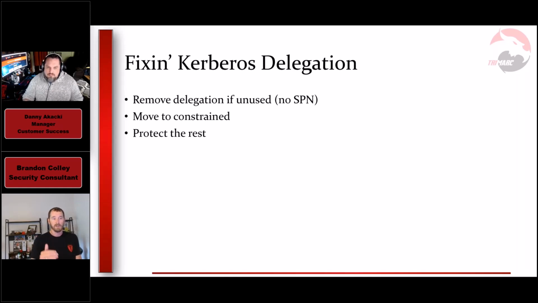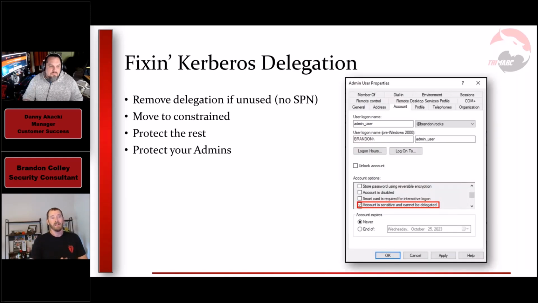I'd mentioned the very first step to exploiting this is an attacker getting access to that asset. So protect it. Speaking of protecting, you also want to protect your admins, because remember what I had said about impersonation and the delegation. If your administrator accounts have the "this account is sensitive and cannot be delegated" flag configured on their user accounts, then they cannot be impersonated. So by protecting your administrative accounts, you're really making it harder. So even if impersonation could occur, this will prevent it from occurring and could potentially limit that footprint.